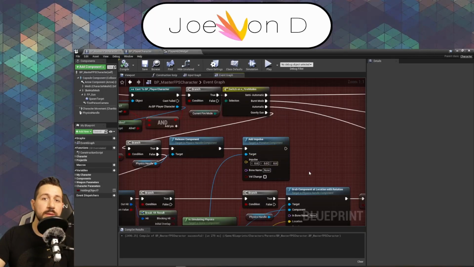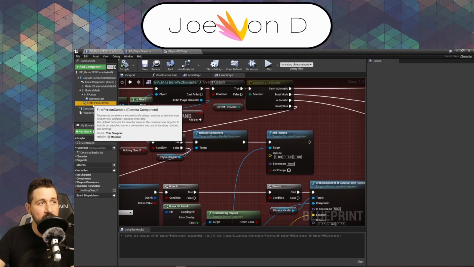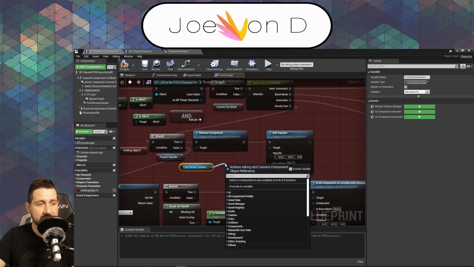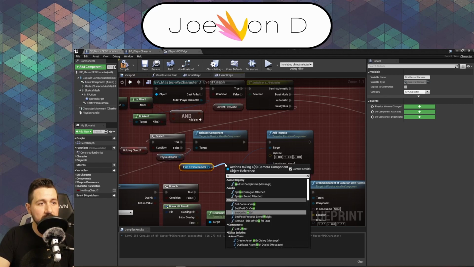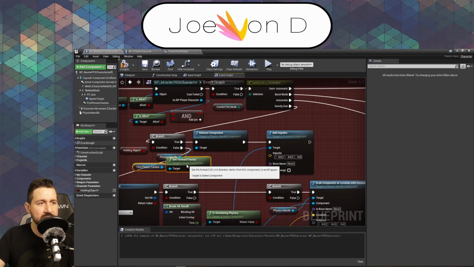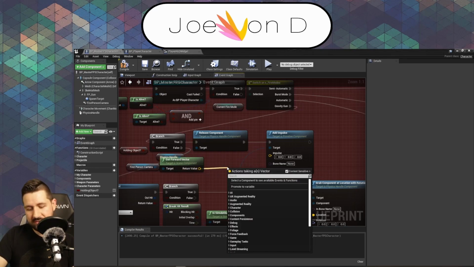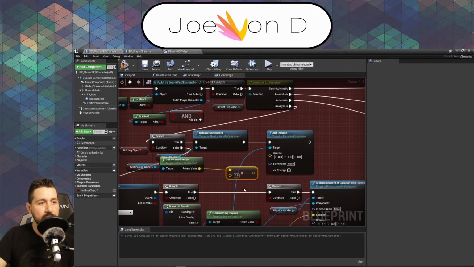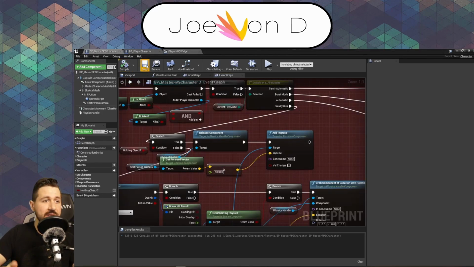So what impulse are we going to want to give it? Well, we can do impulse based off of our first-person camera's forward vector. I don't think we need the world position for this. And we can just multiply that by a float, and multiply it by something insane, like 5,000, to plug that into the impulse. So whatever direction our camera is looking in, we're just going to